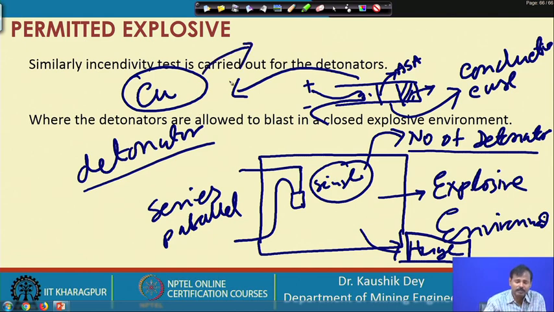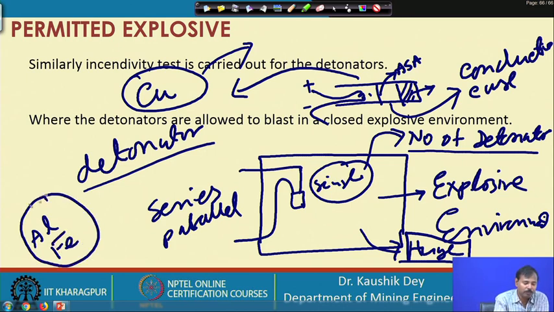But as copper is very costly, there is often a tendency among manufacturers to use aluminum or iron tubes, and it has been found in a number of tests that these tubes fail the incendivity test. That is why in most cases only copper tube detonators that have passed the incendivity test are allowed. The thickness of the copper casing and its purity, so that the thermal conductivity is at an accepted level, are very important in this case.